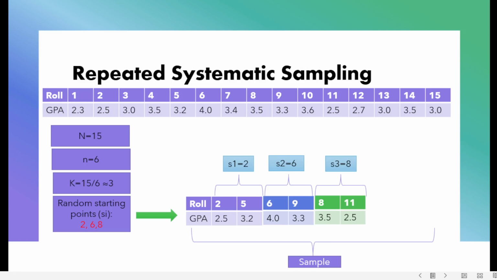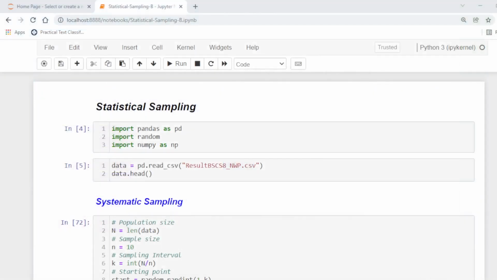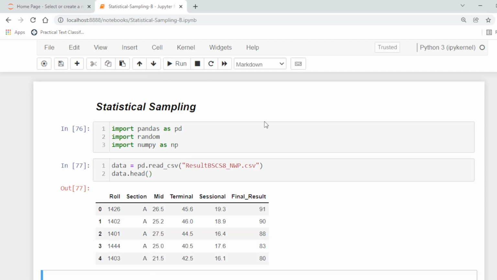Now let's start some programming to implement this in Python. First of all, load the libraries pandas, numpy and random. This is our data of student results, for example, in which there are values like roll number, section and so on.